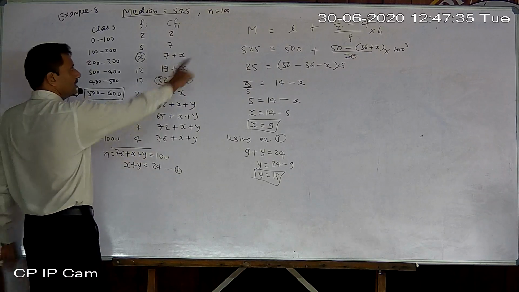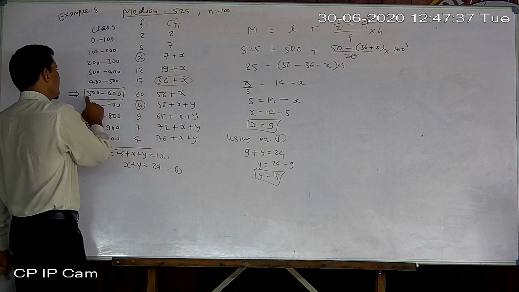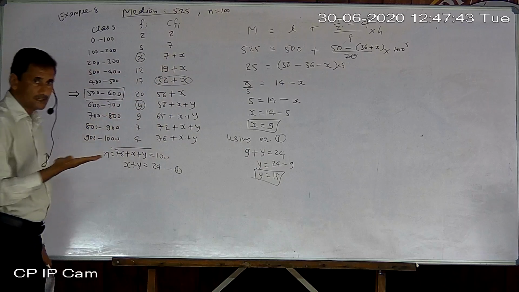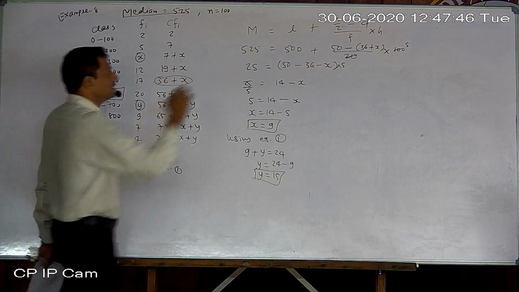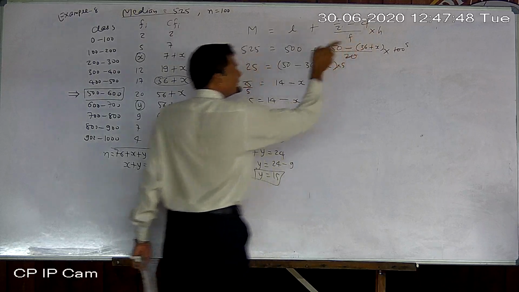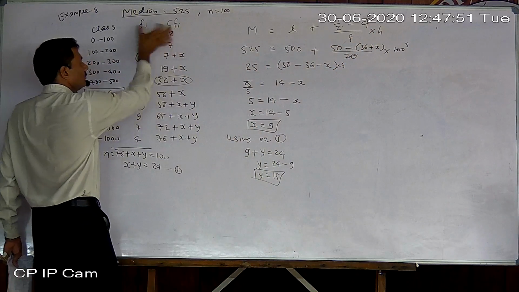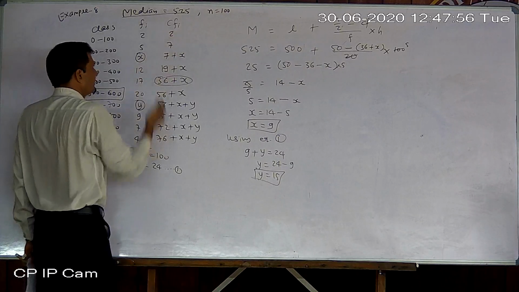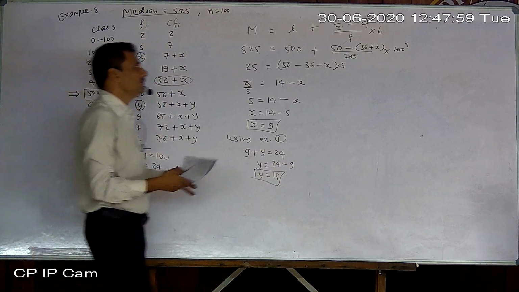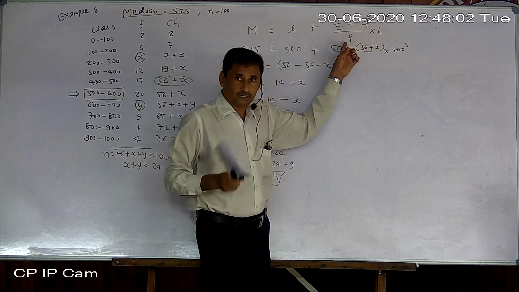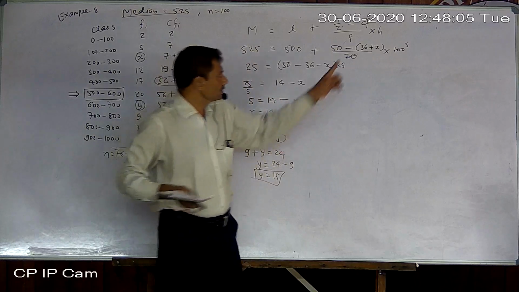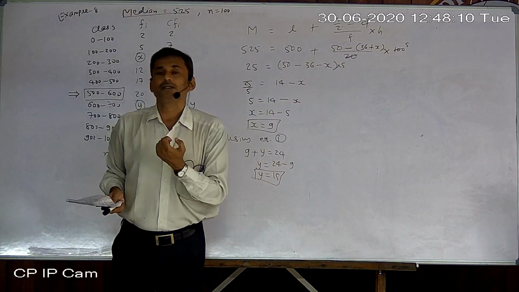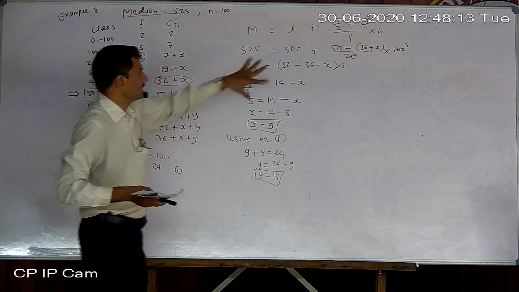Now write down the formula. All values will be from this row only, but one value will be from the previous class. Which one? CF. Don't write here CFI and FI. Why? CFI and FI are the names of columns only, not particular numbers. CFI means any CFI, FI means any FI, but here CF means a particular CF and f means a particular f only, not any f. So if you write here CFI or FI, if you prefix or suffix I there, then it is wrong. So again keep that in mind also.